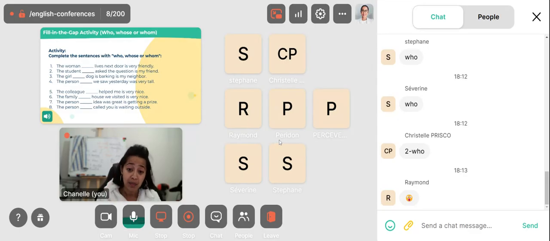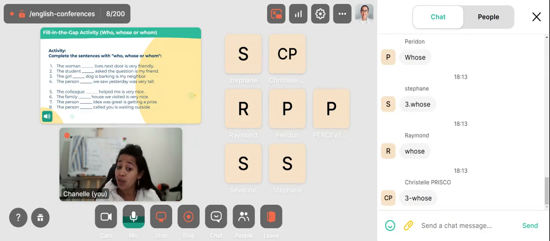Look at number 3. The girl whom dog is barking is my neighbor. What is number 3? Let's have a look in the chat. Lovely, yes. Because I have a noun that follows, I will say the girl whose dog is barking is my